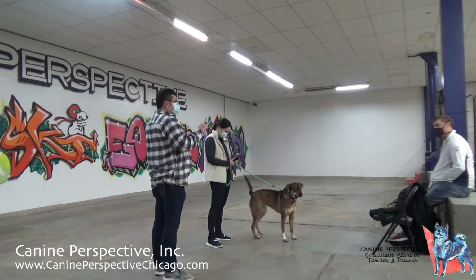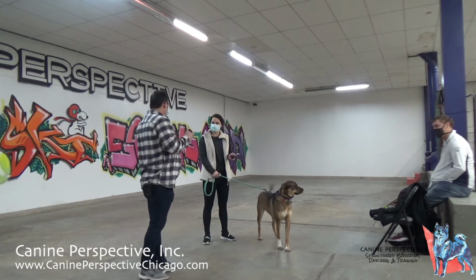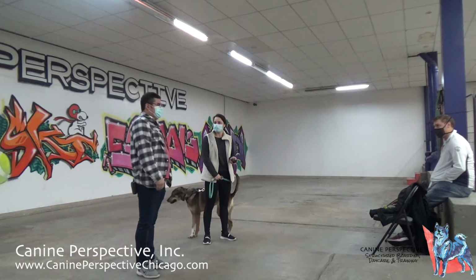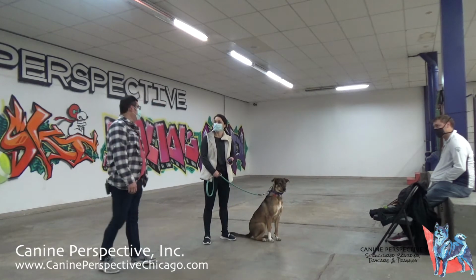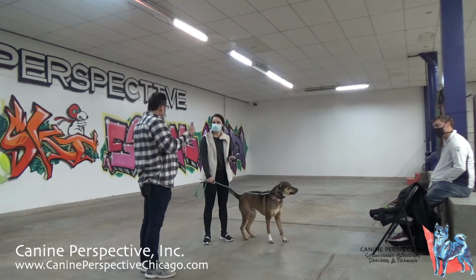So we have 3 levels. We have connection, perception, and the working. Connection would be Rory's looking at like a squirrel, and you see the twitch, but nothing is phasing her. Perception would be the twitch and like a little bit of like, what was that? And then working number would be the twitch and like, whoa, what was that? Okay. Yeah. And we always want to be operating at that working number because that's what's going to make things